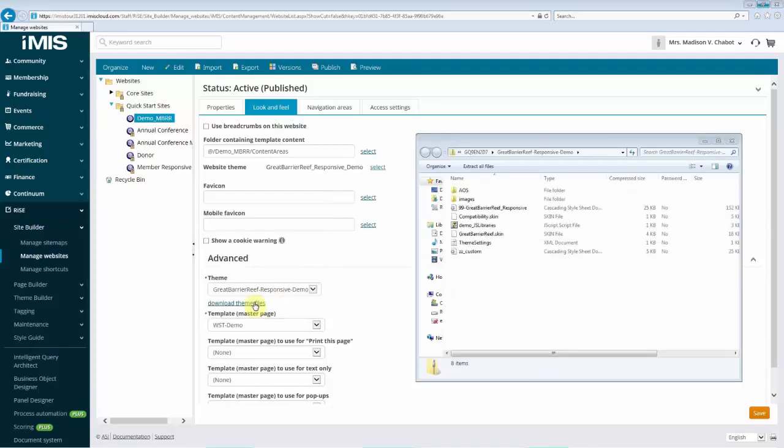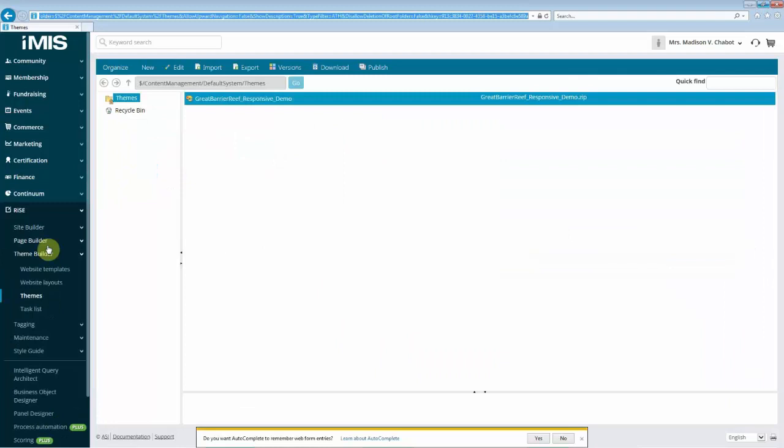Once you click on the download link for the selected theme, it will download a zip file, which will include all of the CSS, skin, images, and other files relevant to the theme, as shown on screen. In this example, you can see that I have added additional folders, JavaScript libraries, and other CSS files to make it a custom theme. To upload a custom theme, as I have here, simply select the new app theme,